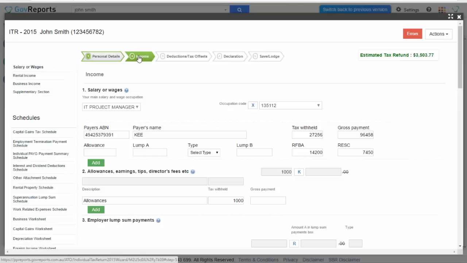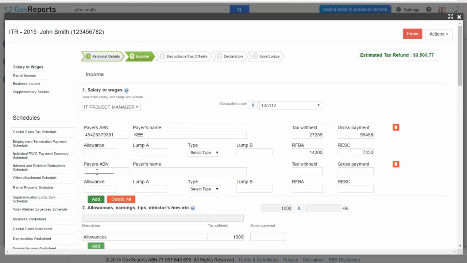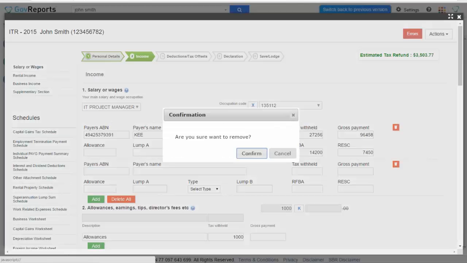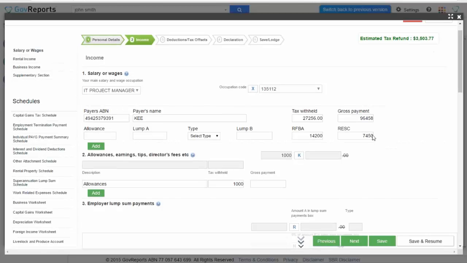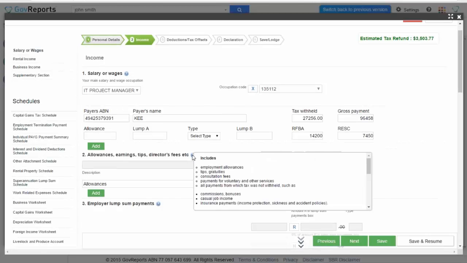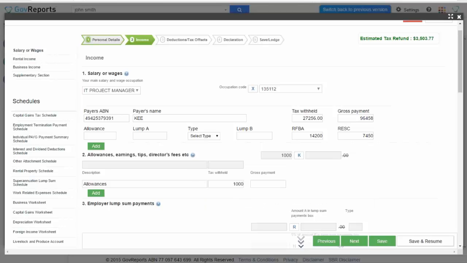Of course, automatic pre-filling means that these details will be automatically filled out, and if the client has more income to add, you simply click add form and put in the next ABN, the next employer's details, onto the form. Like I said, I want to save time going through the process, so I will not add any details. Anywhere that you're not too sure, there's also a question mark, which is an information help guide giving you tips along the way, so that you know what to expect. Okay, so just go through